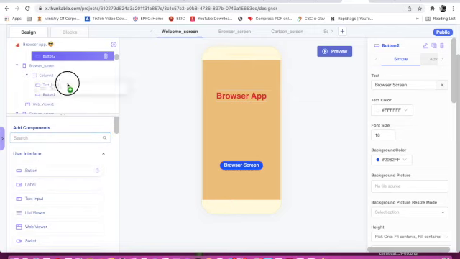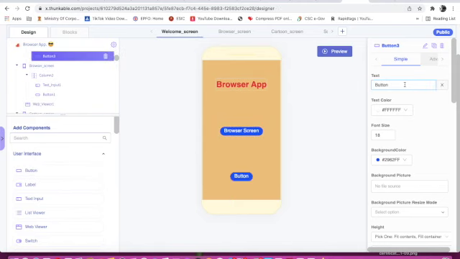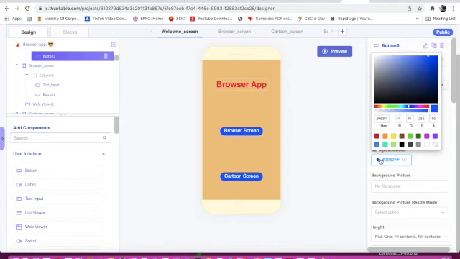Again I will take a button. Text will be cartoon screen. Now here I will change the background color.